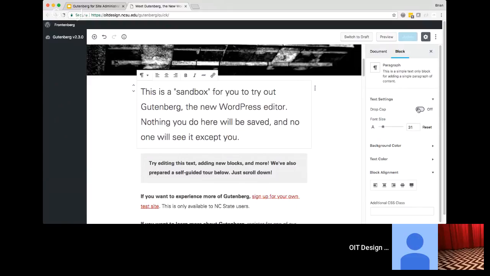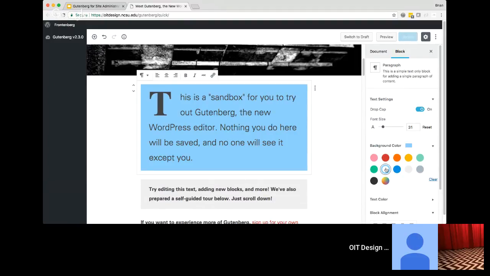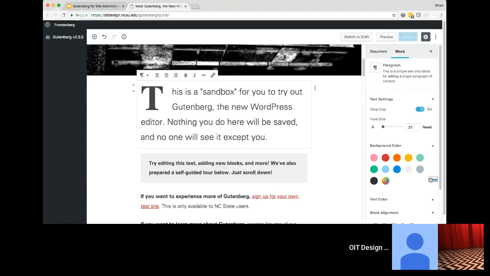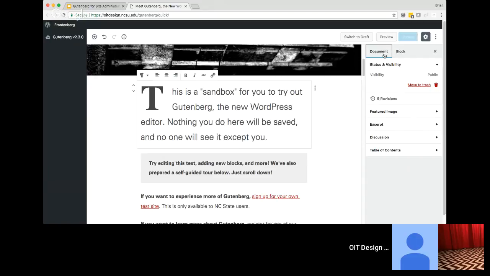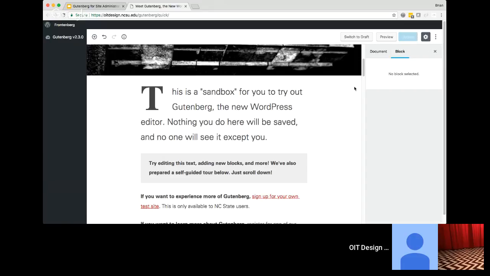I can add a drop cap like so, and I'll go ahead and give it a nice UNC blue background color. Except why would I ever do that? That's UNC blue. That's a terrible choice. So I'll go ahead and clear that out. You'll notice that the block menu is in the same place as this document menu. You can go back and forth between them. And then if you click out of a block, if it's not in focus,